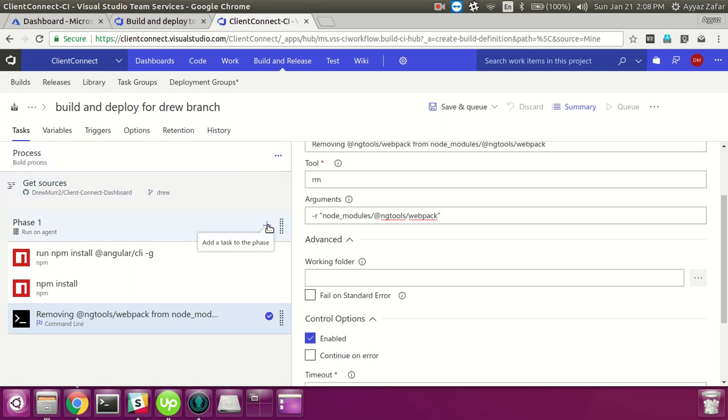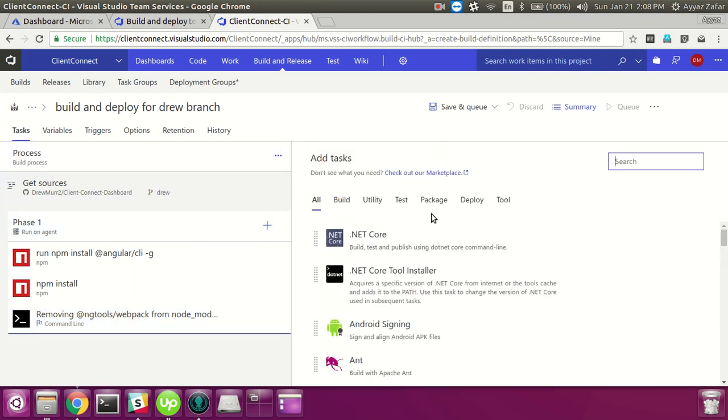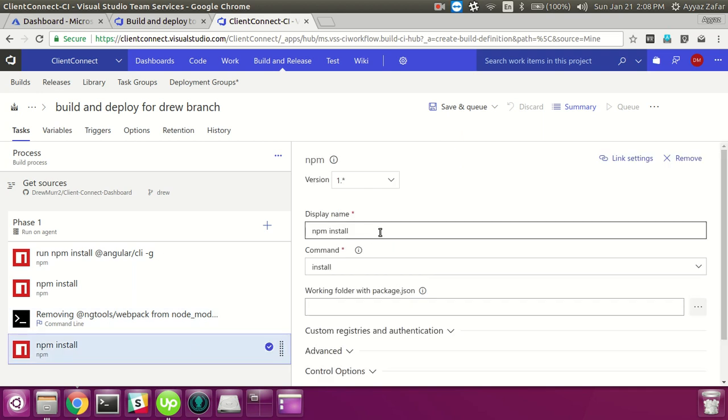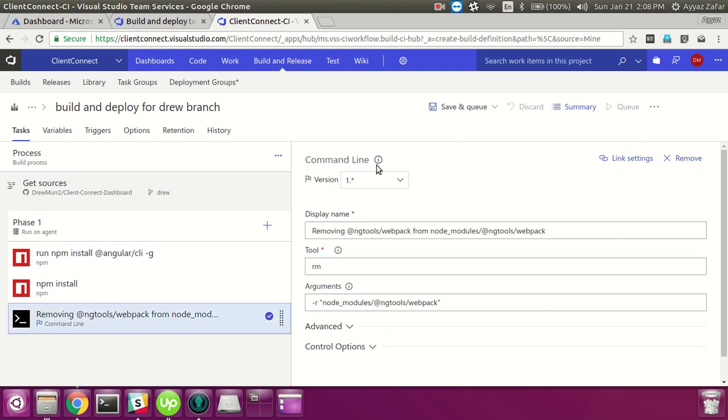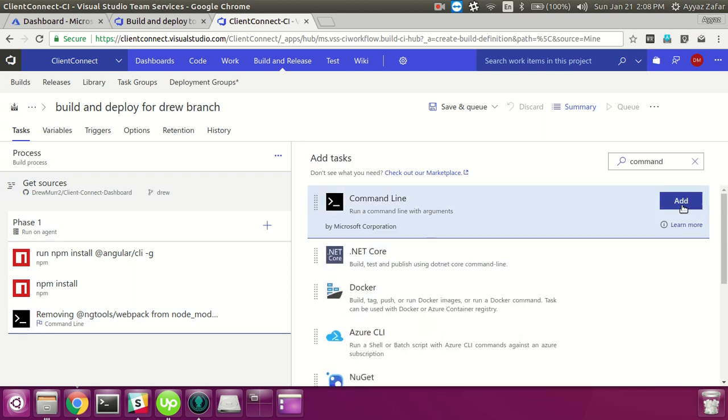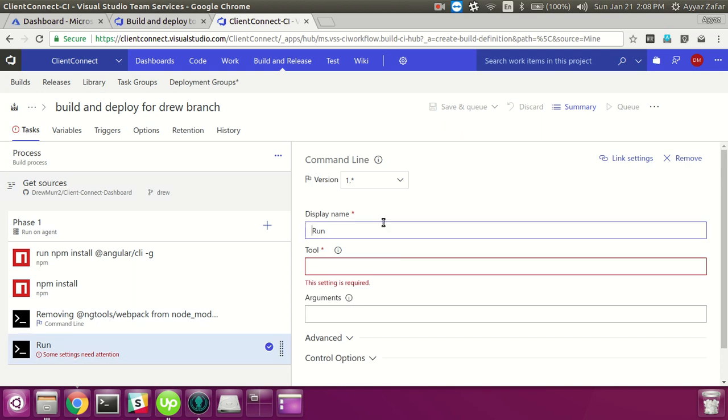Okay, next click on plus. After removing that, we are ready to build our Angular app. So select npm, sorry, not npm, we have to open command line, another command line. So command line, here install or build Angular project,